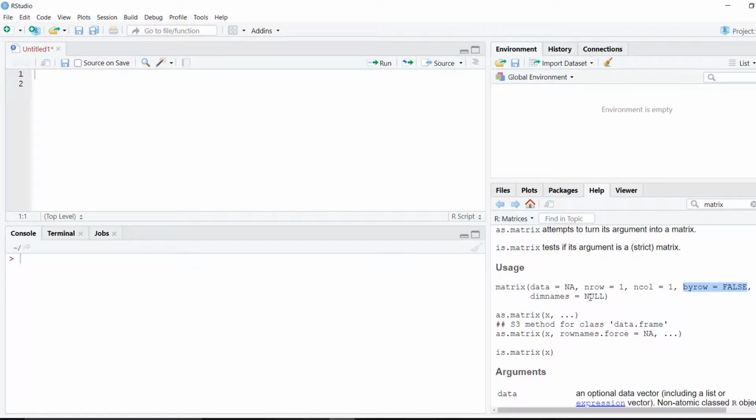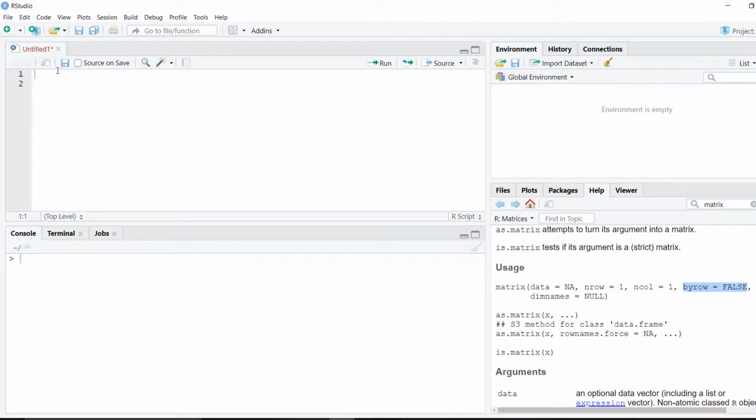Now when we studied vector in the previous video, we said it is a single dimensional array. We use it to store values so that we can use it in some other cases. Similarly, matrix is a two-dimensional array. So we are storing values in 2 dimensions. We'll have a fixed number of rows, fixed number of columns, and by that we are going to arrange our values. So our data comes in as a vector.